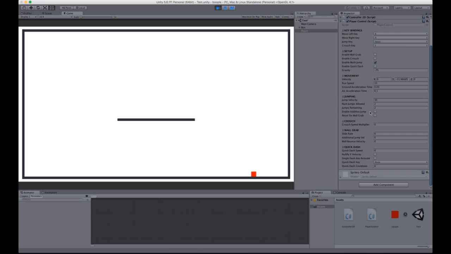What this here does is the enable additive jump. Normally, without it enabled, when you press space, or whatever jump key you have set up, it'll take your Y velocity, set it to 0, and then add the jump velocity. So no matter what, you're going to get that exact same bounce height. Additive jump just adds the jump velocity to your current velocity. So if you're standing there and you're falling,